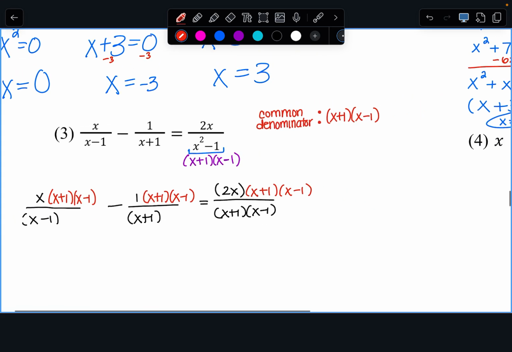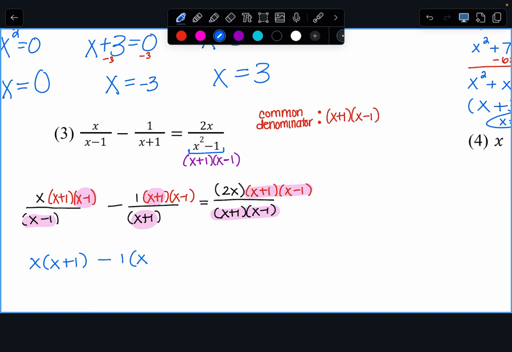I know it's a lot of writing, but it's a little bit easier to visualize by writing that whole thing out. So here, x minus 1 cancels in that first fraction. X plus 1 cancels in that second. And x plus 1 and x minus 1 cancel in the last. So what we're left with is x squared